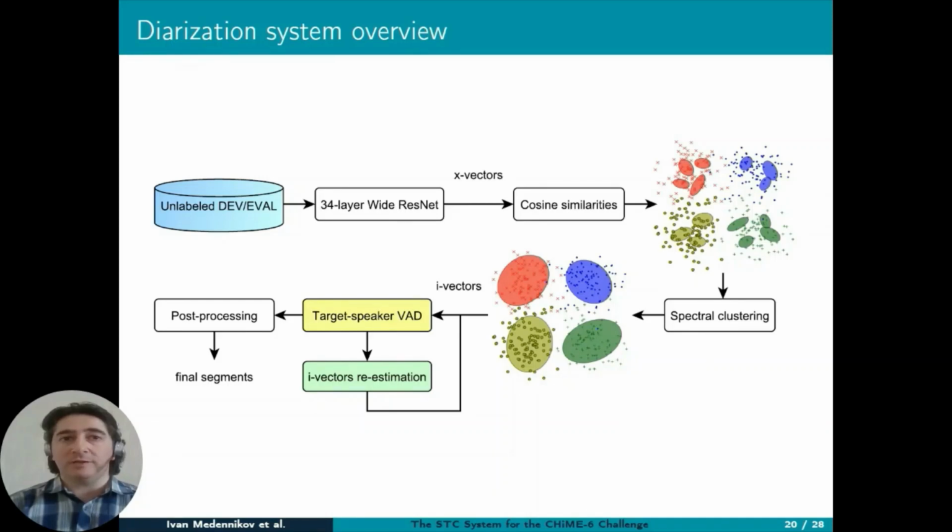These raw probabilities can be used as soft weights for re-estimation of i-vectors applied on the second TSVAD iteration. We found that the second iteration provided a significant gain. However, the third one didn't lead to any improvement. Final segmentation is obtained by combining probabilities from several TSVAD models followed by a simple post-processing.